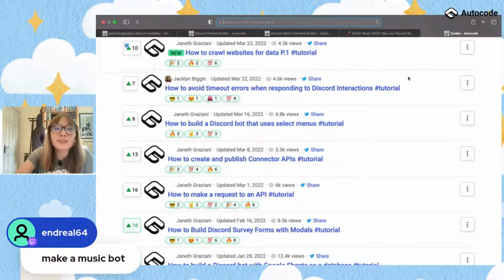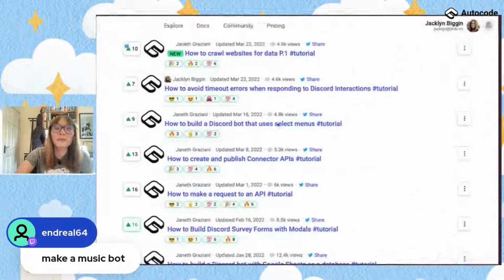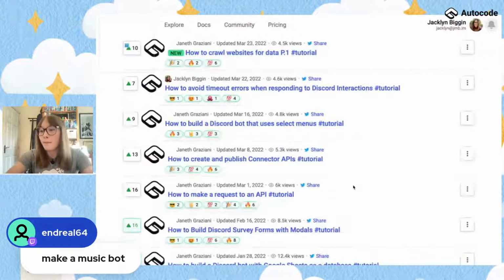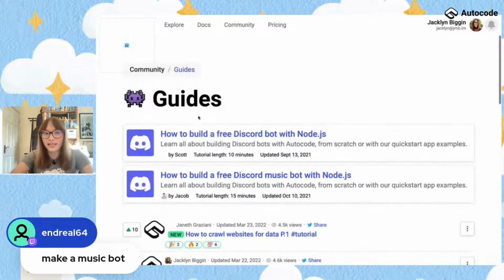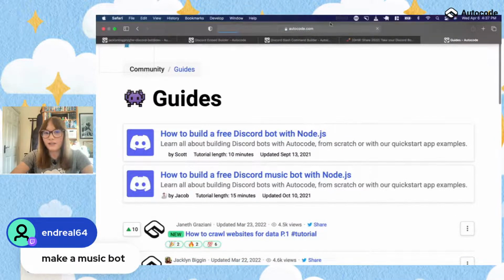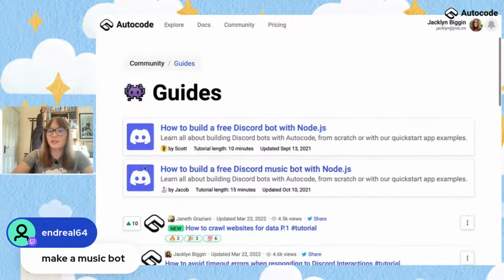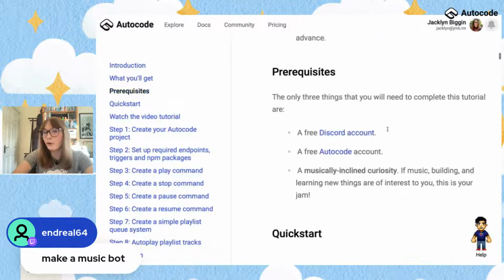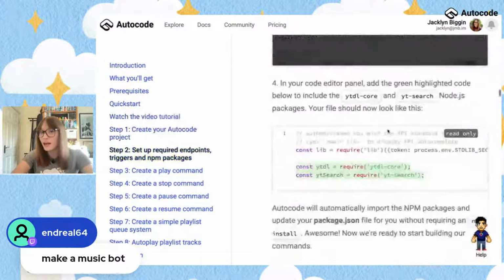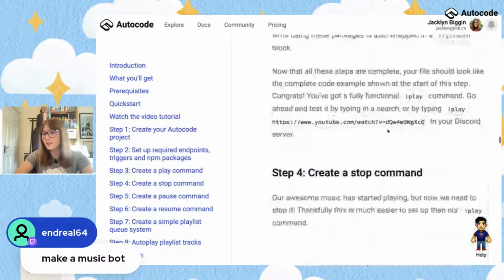And again, building a music bot on stream, I don't have enough time to build a whole music bot. That's a huge job. But what you can do is go to this link, and you'll see at the very top of this page, how to build a free Discord music bot with Node.js. If you click this guide, in about 15 minutes, it will walk you through from scratch how to build your very own Discord music bot.